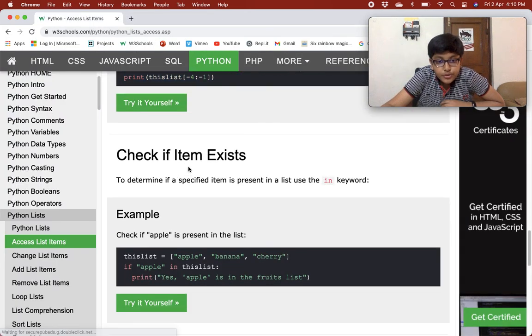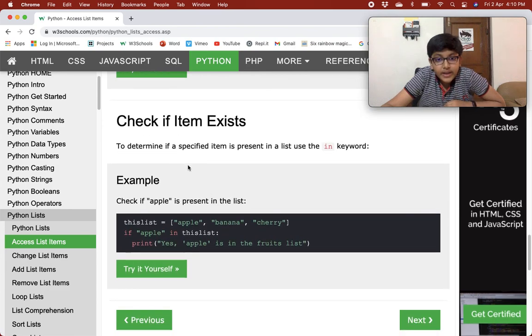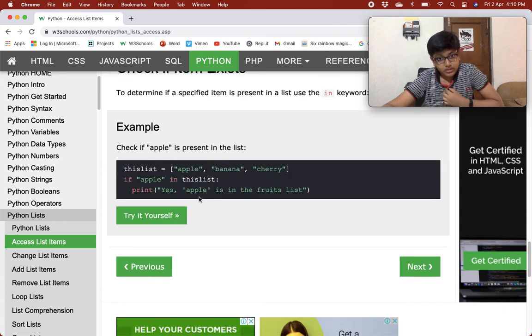So, check if item exists. Now let's see how to check if an item exists. To determine if a specified item is present in a list, use the in keyword. So here we have this list, and this example checks if apple is present in the list.